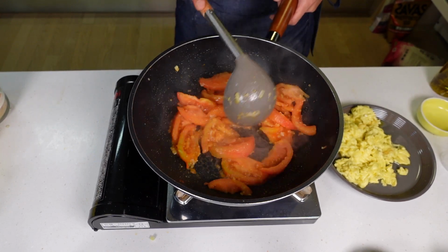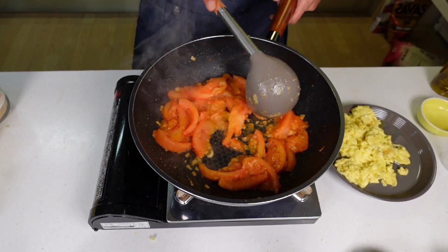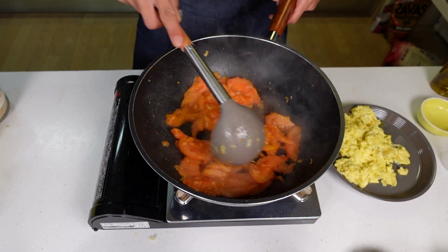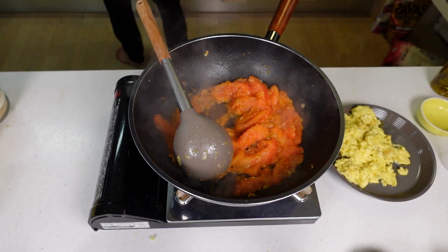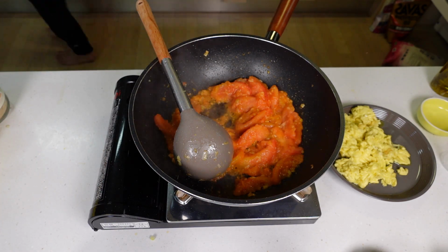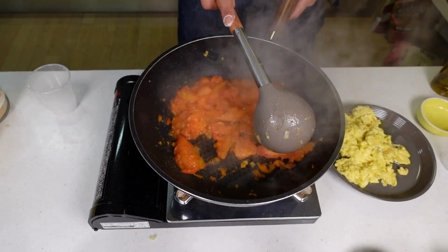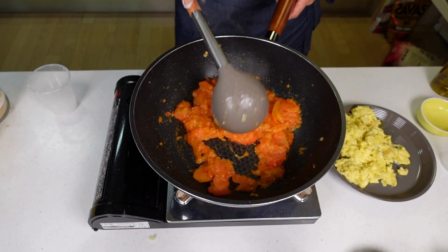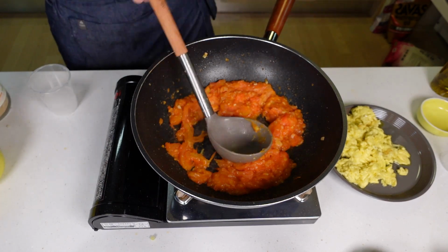If God asked a tomato what its wish is, I'm sure the tomato would answer that it wants to be ketchup or roasted in olive oil. When tomatoes are roasted in olive oil, the flavor of tomatoes becomes very attractive, as you know. If you share this dish with someone in your mind, you will start rating right away. And you all know that if you fry tomatoes in olive oil, the effect of anti-cancer and antioxidants increases tenfold,